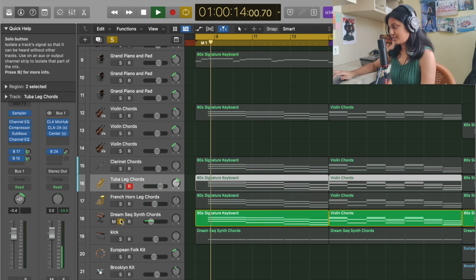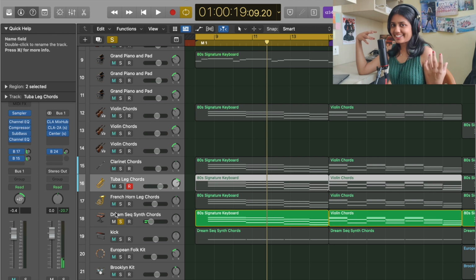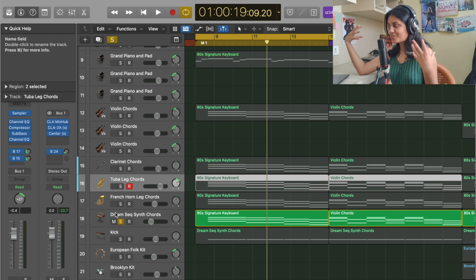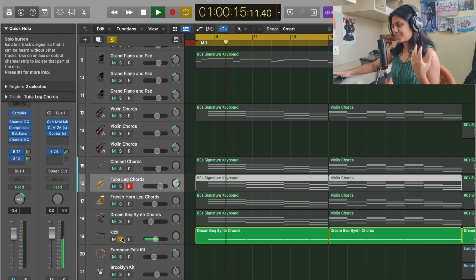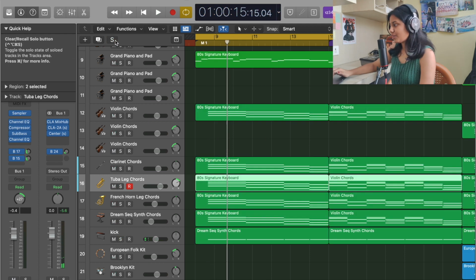Next is a synth. So you can hear the delay, right? So that gives a lot of depth to the song and a lot of width as well. And then kick. Okay, just a regular kick, okay? Together with all this,